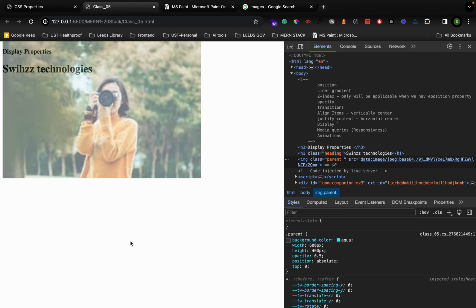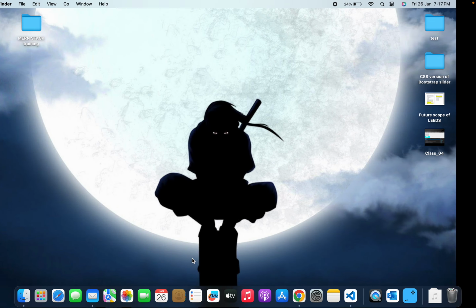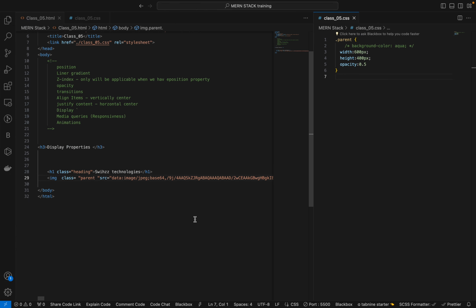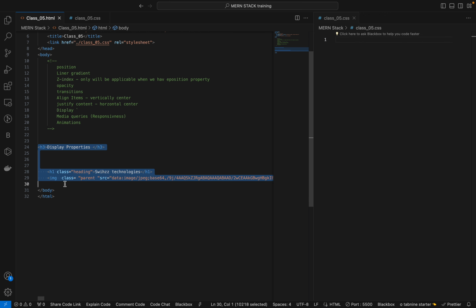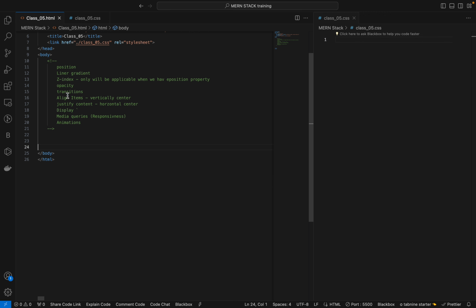Okay, I hope you got this. And another one which I want to cover along with it is the transition. So let's delete all the stuff that we don't need. Now for transitions,